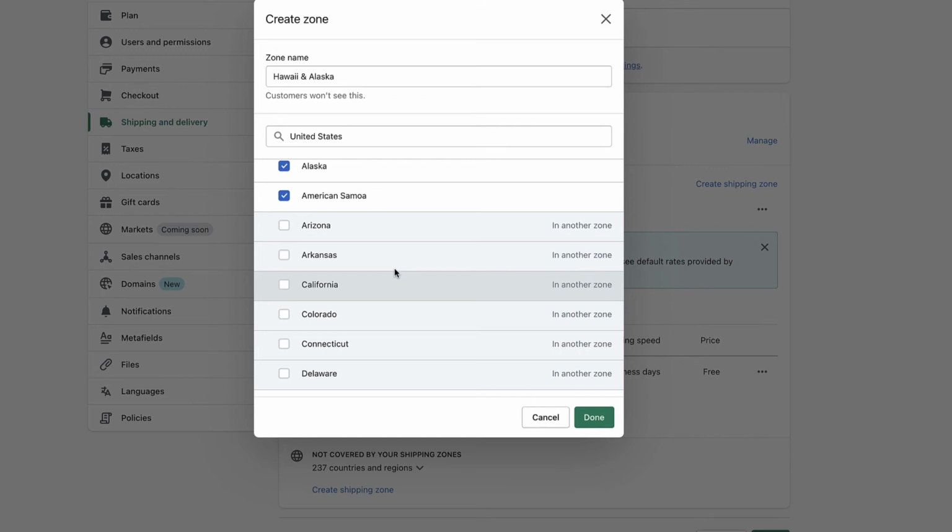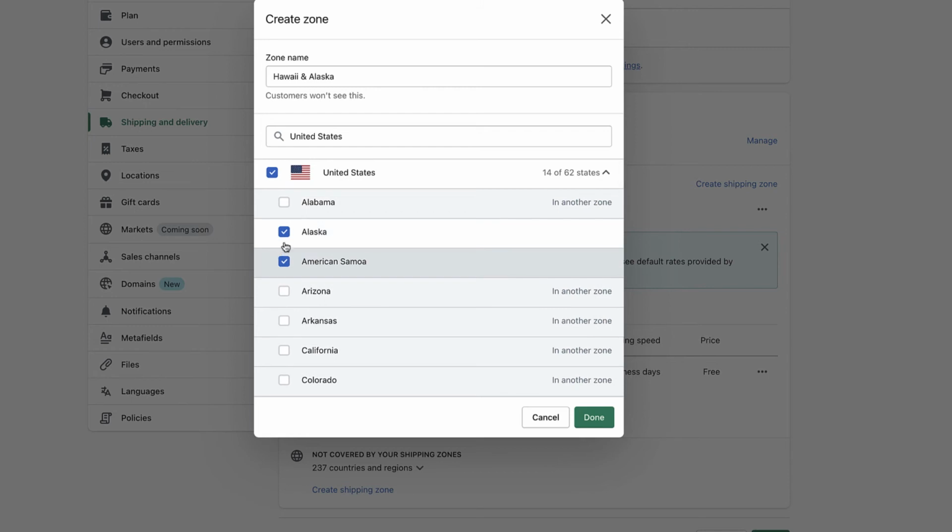So that's why I recommend when you set that up, instead of just picking all domestic at one time, go ahead and select specifically where in the United States you want your shipping pricing and the rate set up for, so that you can come back in and now go to these other locations and set up specific pricing for them. If your pricing is the same for all 62 locations in there, sure, you can select the United States as one time. So let's go ahead and we are going to just do Alaska and Hawaii.